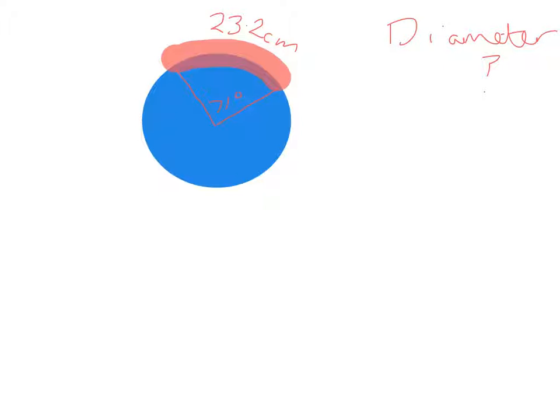So this is like a question we've not really seen before. We're given an angle in the middle. We're told that our arc length is this. So it's not really clear how we're going to solve this. If you're ever unsure of what to do with a question